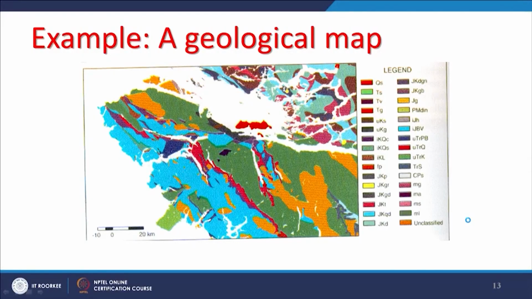Now, I am bringing one example. Of course, this is a vector data example, a polygon map, and there are different classes, or different rocks, present in this map, given in abbreviated form in the legend. If my attribute table has other information related to these units, then I can reclassify this map.